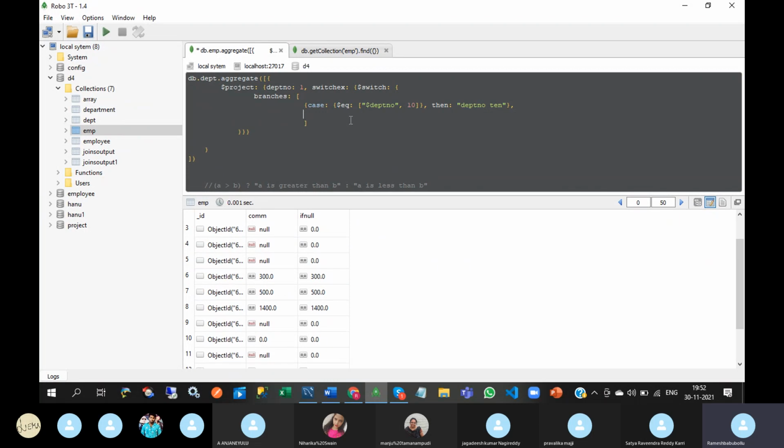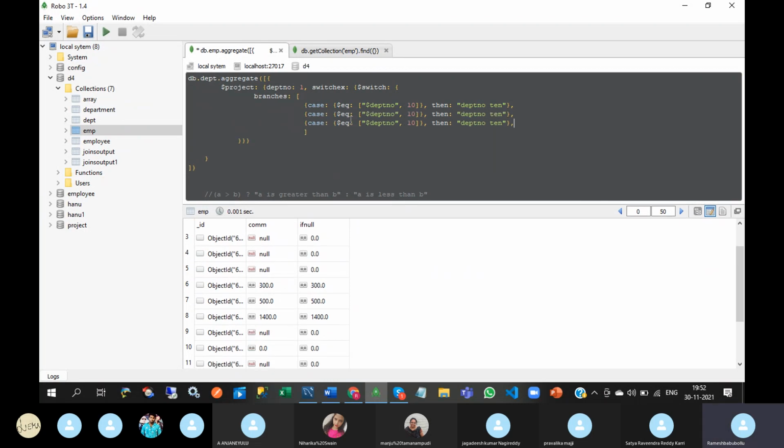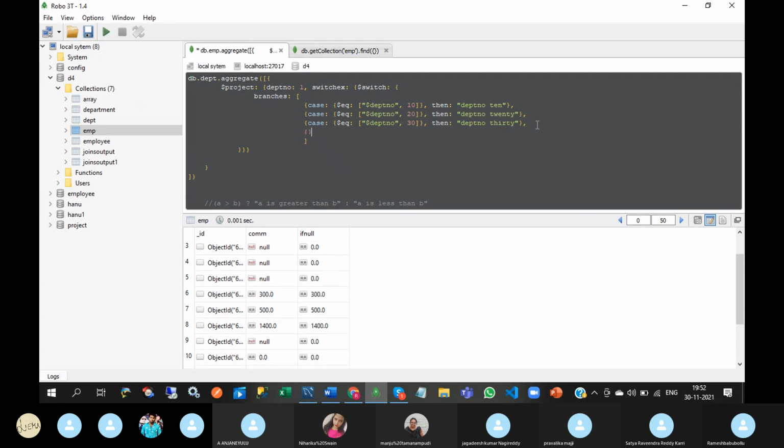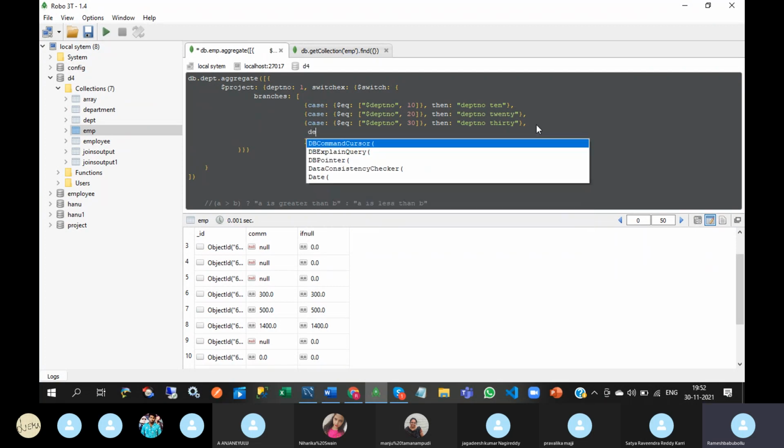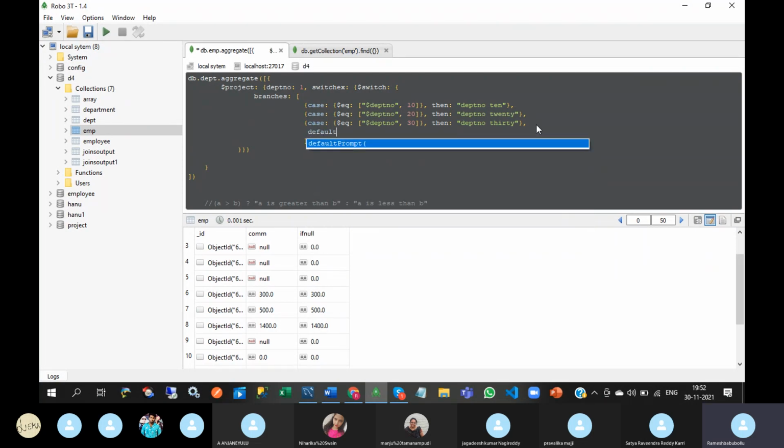And the same thing you can put here if it is 20, 30. So 20, 30. And for default, no need to write these curly brackets.